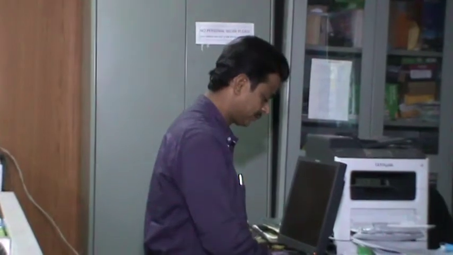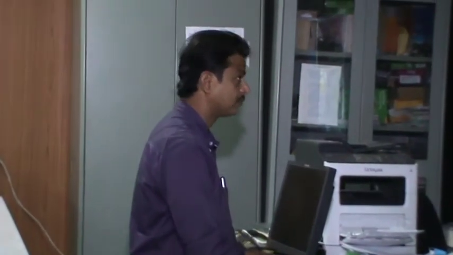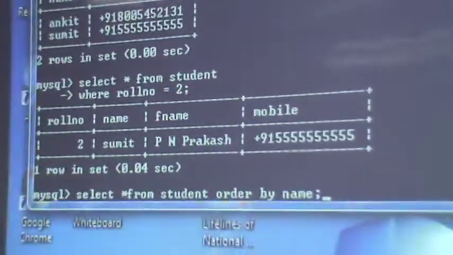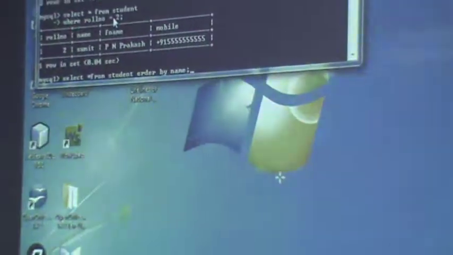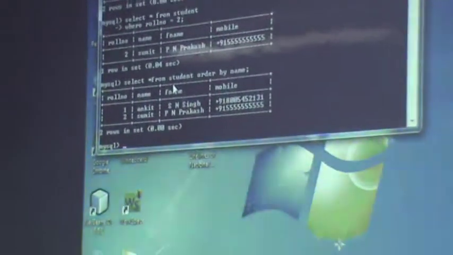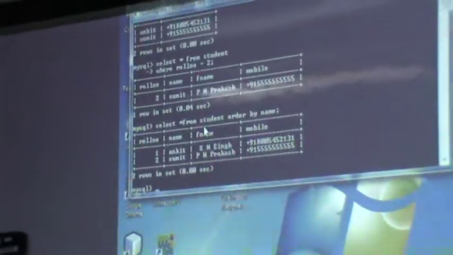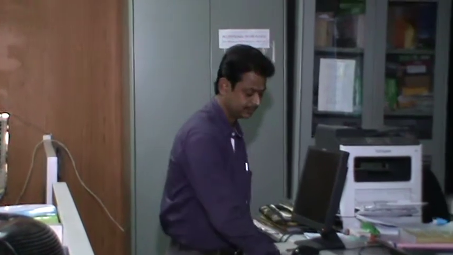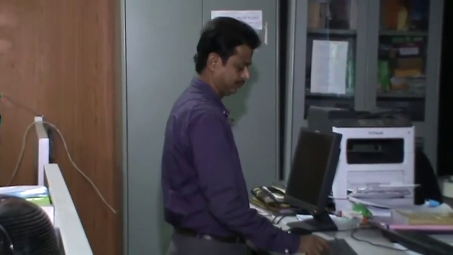Suppose you want to sort on name, order by name. So the command is select star from student order by name. Press enter. Ankit and Sumit are already in sorted order. You can sort on father name also.